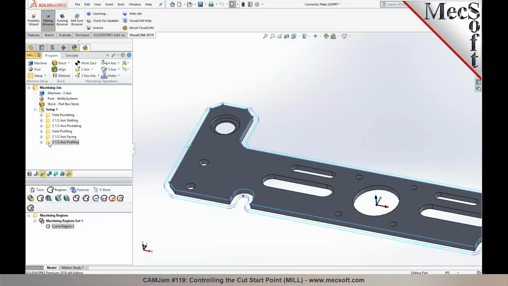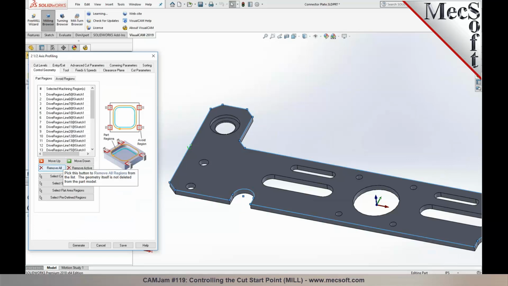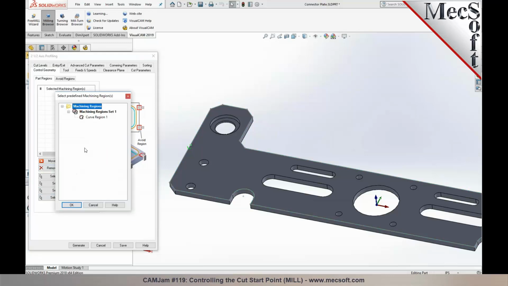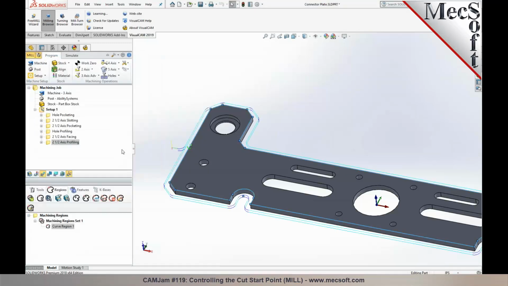So you edit the profiling operation. Now, rather than selecting directly a surface edge or a sketch, you click what's called select predefined. Since this region has been predefined, we click on select curve region. And now let's go ahead and generate it. You'll notice that now it applies the start point of the region that you chose for entry